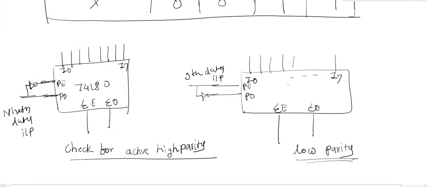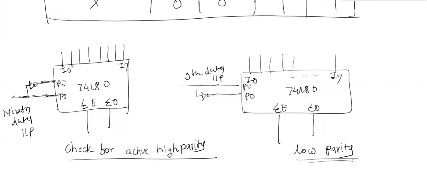So when the input is given to the 74180 in the active high parity, the parity even is connected to the NOT gate. So if the 9th bit is given as a 1, then 1 is given to the odd parity, and 0 will be transferred to the even parity. Whatever input we are giving is used as a high parity. Similarly here for the low parity, whatever input we are giving is transmitted through the negate and then given as an input to the 74180.